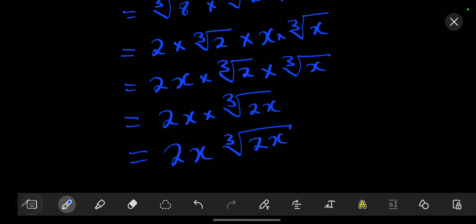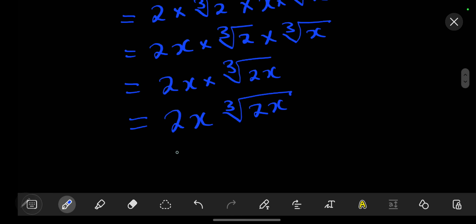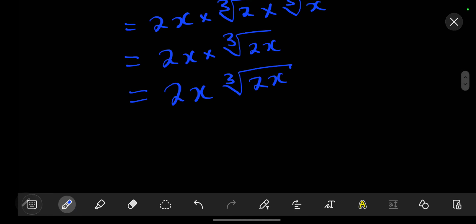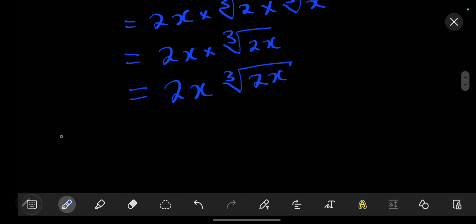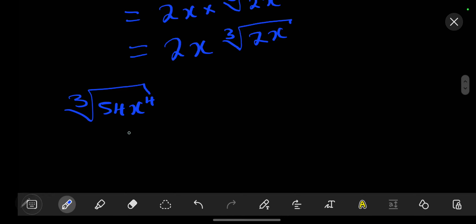Doing this means you have expressed that one. Let's also now take the other part, which was the cube root of 54 x to the power of 4. We are going to simplify this one. This is the same as having the cube root of a 27. Since 27 has got a perfect cube root, then we have times x to the power of 3